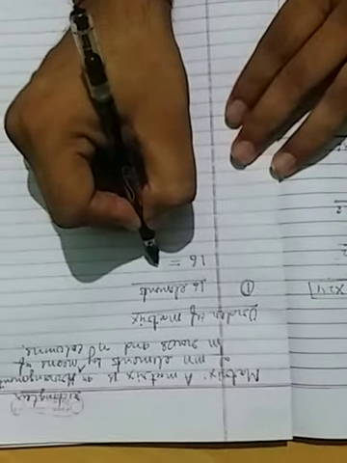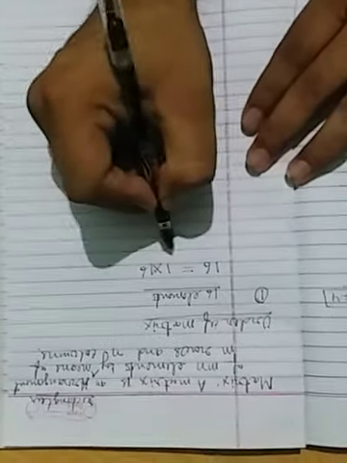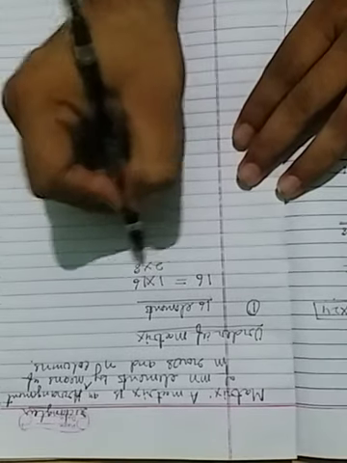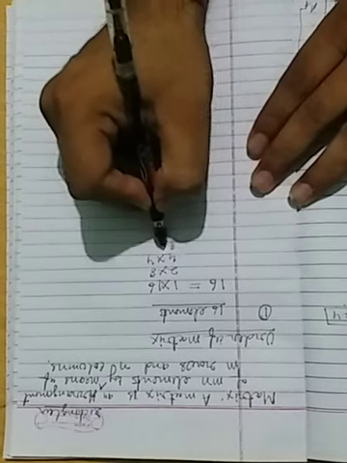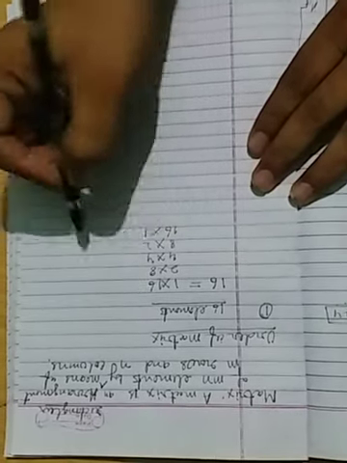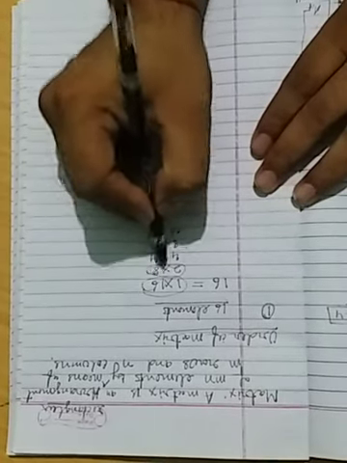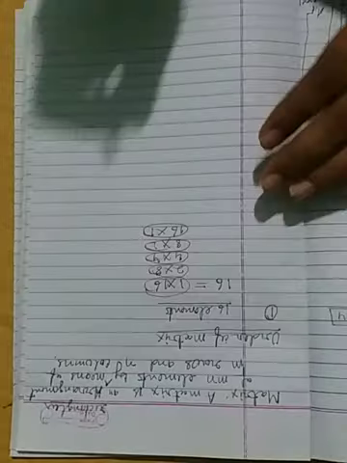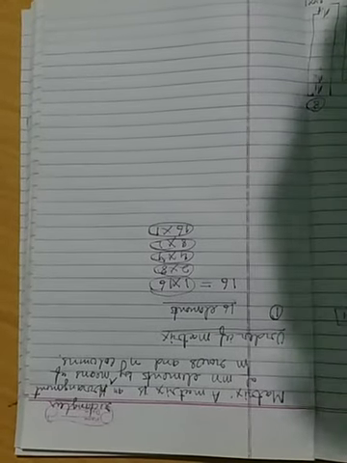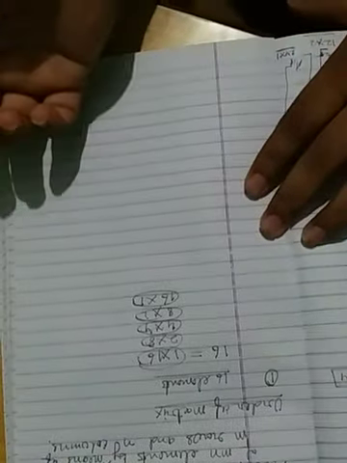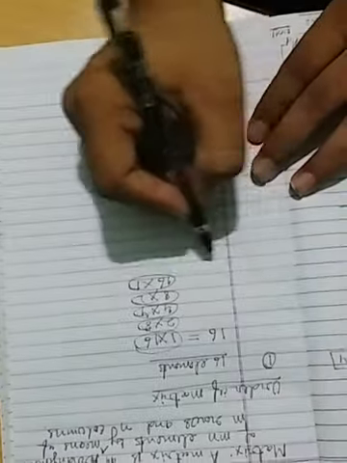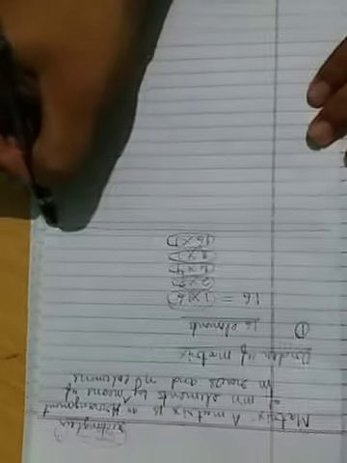So we start with 1 into 16, and then 2 into 8, then the third one is 4 into 4, and finally 8 into 2 and 16 into 1. So here we have got 1, 2, 3, 4 and 5. So if a matrix has 16 elements, it will have 5 possible orders. You may try this in the question section, you will be finding it. This is about your order of matrix.